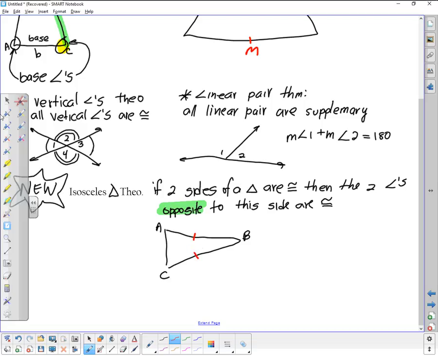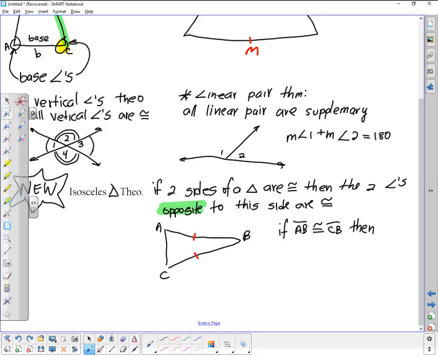So the theorem says the following. If side AB is congruent to side CB, then